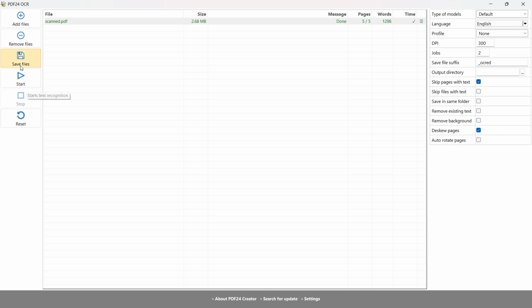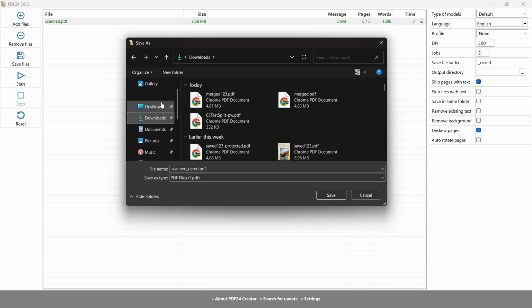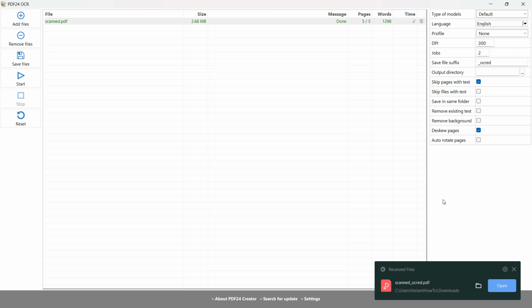I can now go and actually save this file. So I can click on save files and I can just save this. So I'm going to save this into my downloads. I'm going to click save. There we go. And if I now open this document, which I'm going to do in a second to show you,